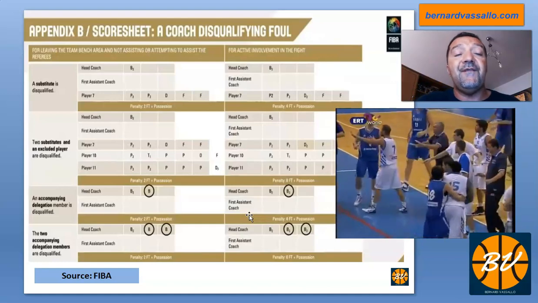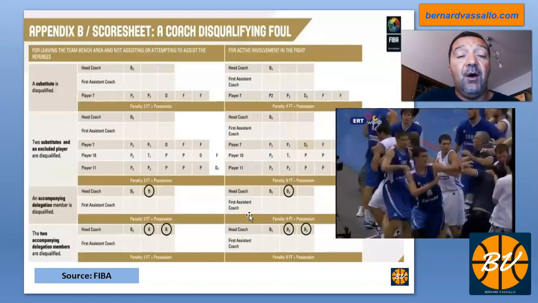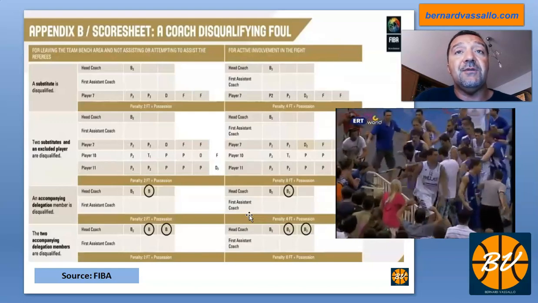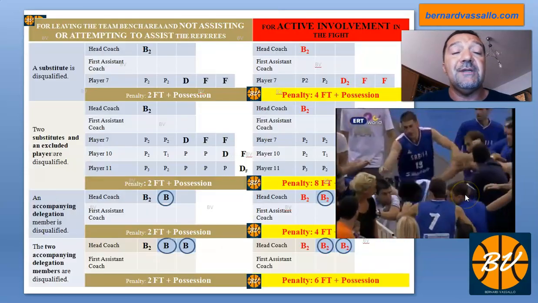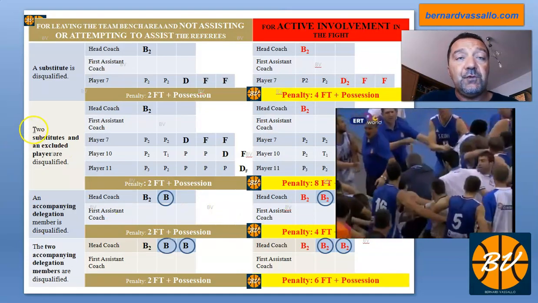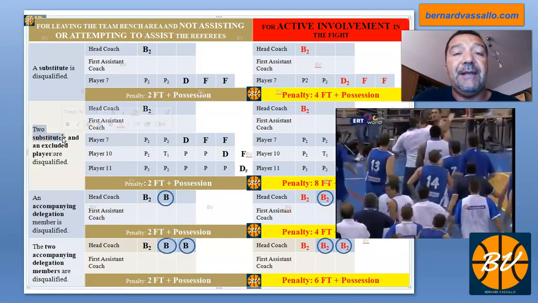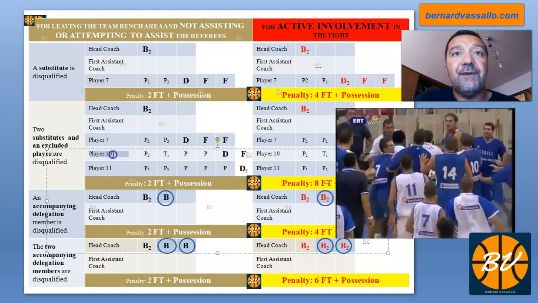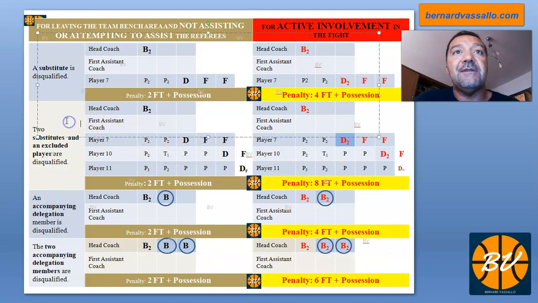But let's see what happens if some of these persons, apart from the coach and the assistant coach, are involved or enter into the court during the fight. Again, we have a FIBA slide which you are seeing on the screen. I have amended it slightly to show it in a larger format so that we could discuss this in more detail. Let's look at one situation here where 2 substitutes, therefore 2 players that can still enter to play in the game, and an excluded player, a player who has committed 5 fouls, notified here as player number 11, with 5 fouls there.